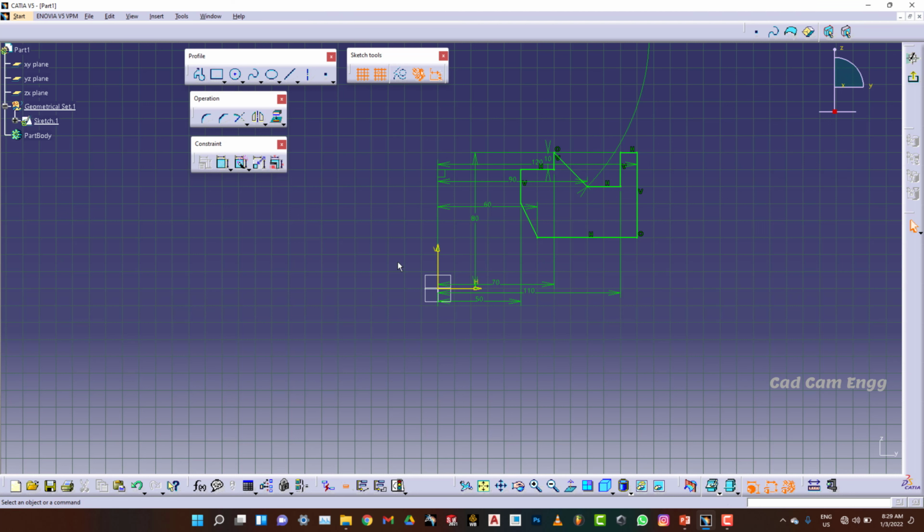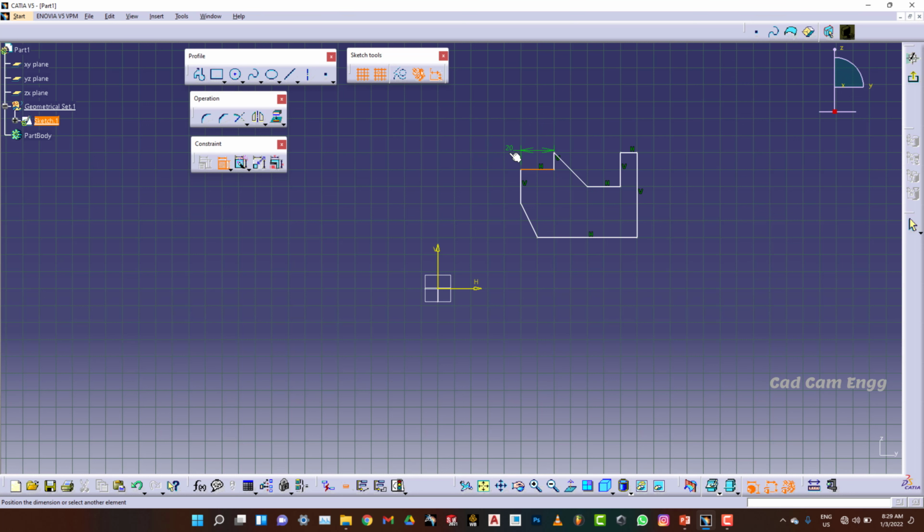Okay, if you want to constrain the diagram manually, you want to select the lines and give a constraint, then your dimension will come here, and then you have to drag this wherever you want.